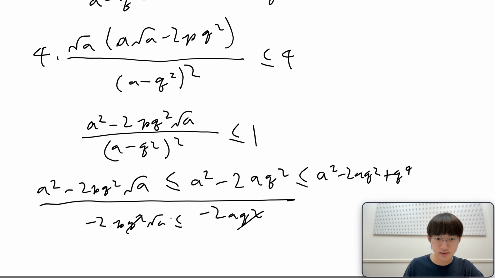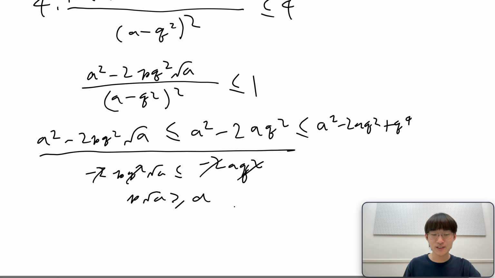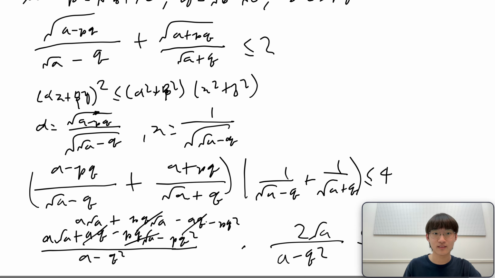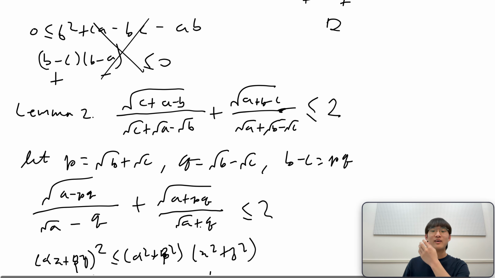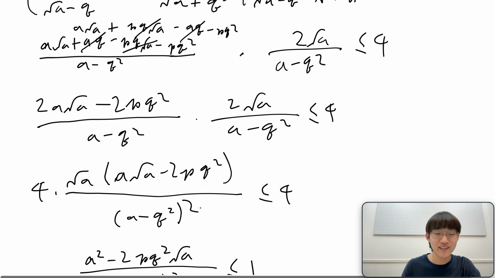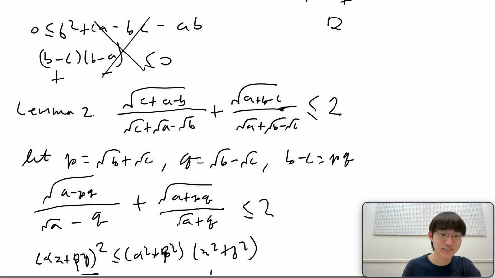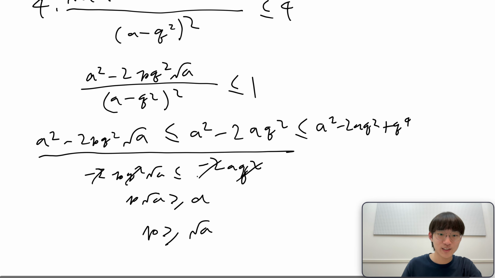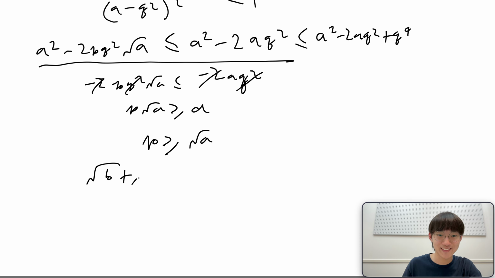Let's cancel these two and flip them. So p root a greater than or equal to a. So we just need to prove this. So we need to prove that p is greater than or equal to root a. And how should we do that? Well, p is greater than or equal to 2a. P is this, right? So we need to prove if this is greater than or equal